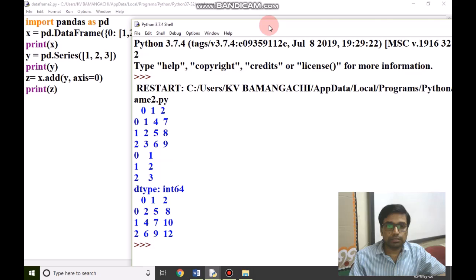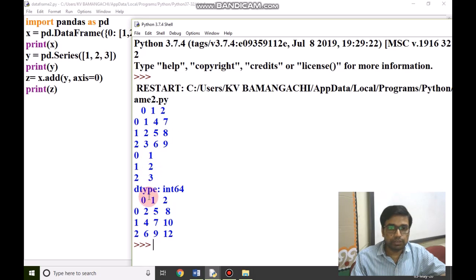If we do some operation on a data frame with a series, we have added the series to the data frame. How does it come about? Look here. This is 1, 2, 3 in the first column, second column, third column, and this series will be added to all columns, starting from the first column to the last column.